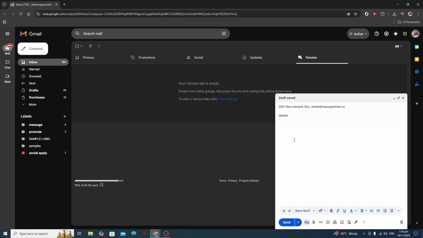Now comes the body of your email. Click in the main area of the Compose window to start typing your message. Make sure